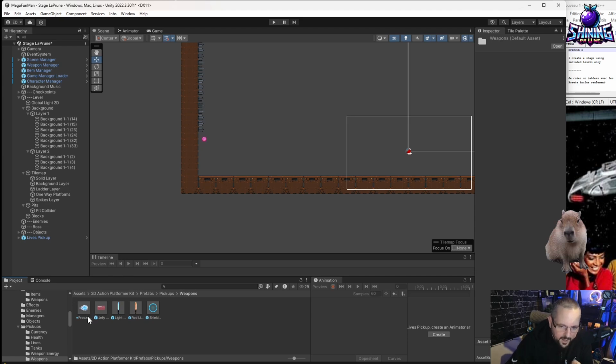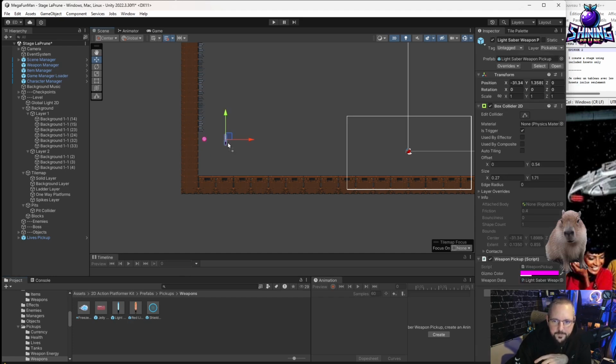But now I'm looking because I want to put a sword, and there are multiple folders. You need to be careful not to just take a sprite and drag it there. No, you need to go into this prefabs pickups. Pickups as in if the player touches that, it will make a sound effect and it will appear in your inventory. Basically, you will be able to cycle to that weapon using Q or E on your keyboard,